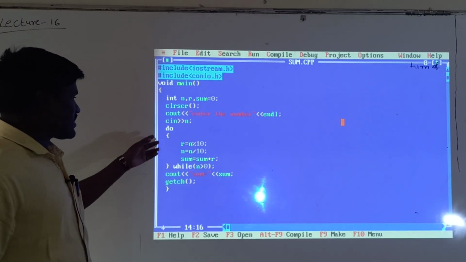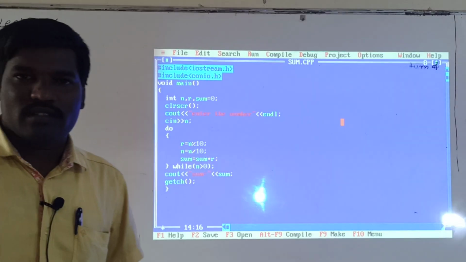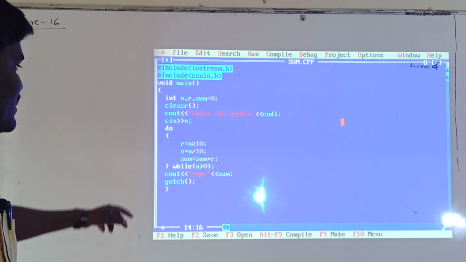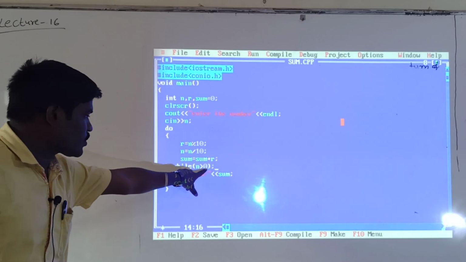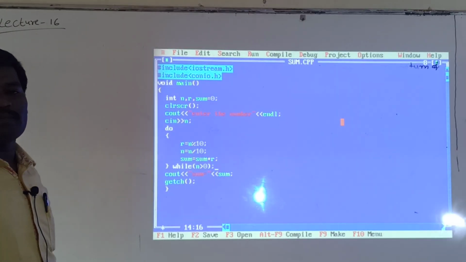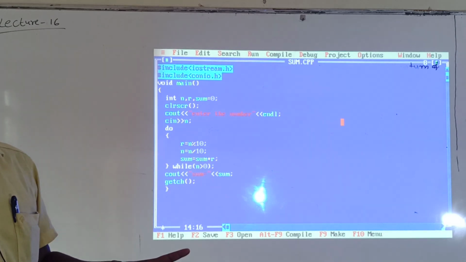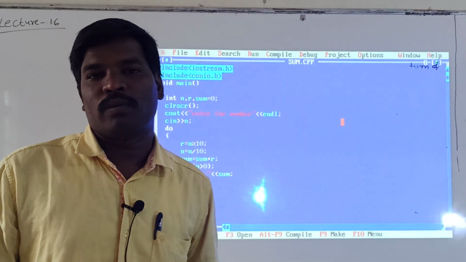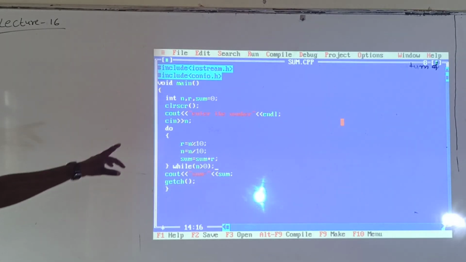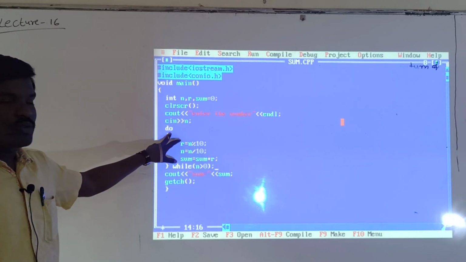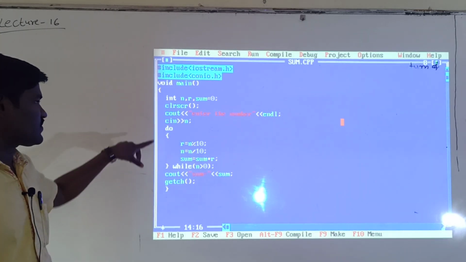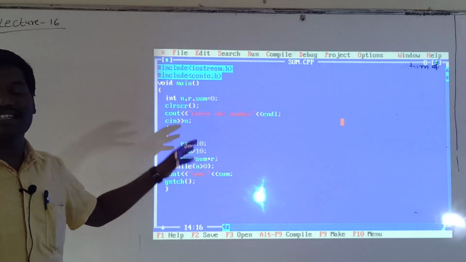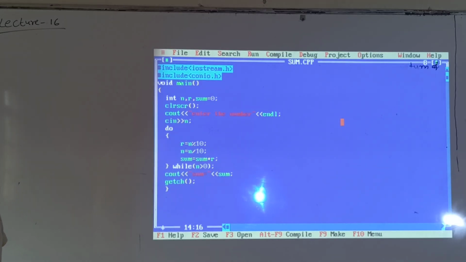It means that first it will execute the statements without checking the condition. These 3 statements are executed. After that it will check the condition. If it is true, again it will execute the statements repeatedly. So do while is the exit control loop, while is the entry control loop. Okay, here instead of writing do, you have to write while and remove the do, that is while condition. Do while means first we write do, and after closing the curly brace we have to put the condition. So that is the difference.